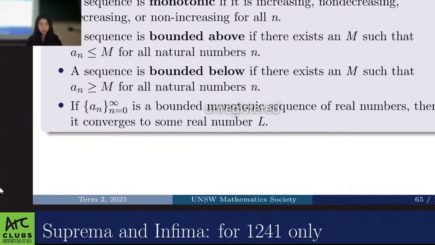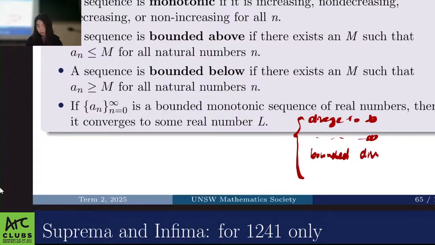Alright, so if the sequence is a bounded monotonic sequence of real numbers, then it converges to some real number L. So notice how you have to prove that it satisfies both of these conditions. And we can broadly categorize different divergence of sequences. So they can diverge to infinity or diverge to negative infinity, or be boundedly divergent